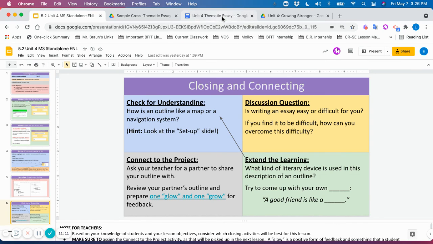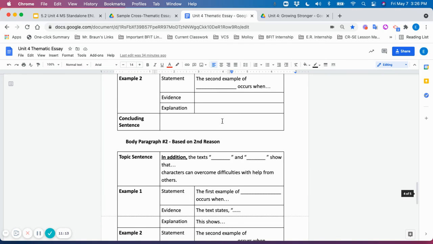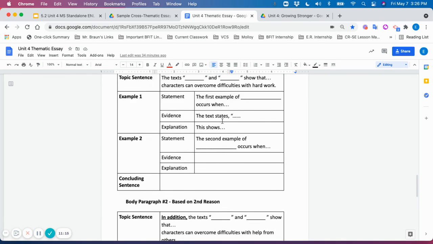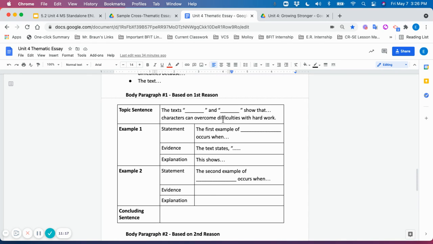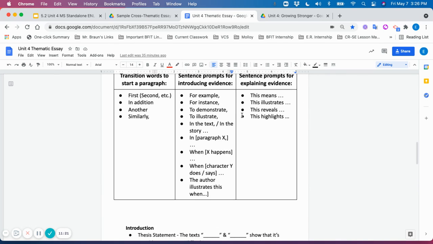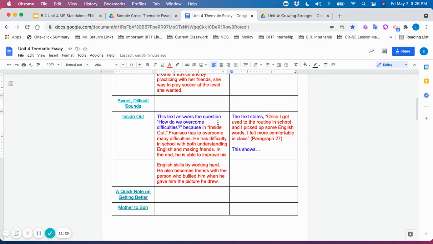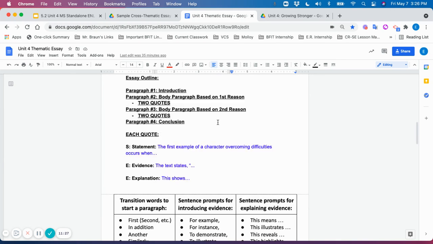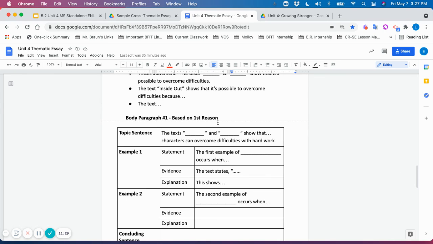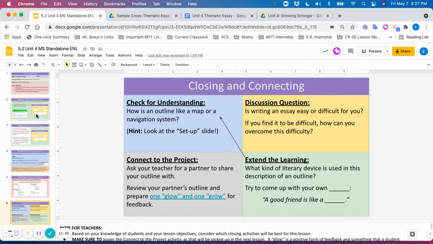I think students will feel very supported by using this format, by the numerous sentence starters that are provided for them, by the easy to follow outline, and also by the ease with which they'll be able to move information from prior days' activities into the following day's activities. So they can see that the work they're doing is going to be relevant in later steps. So at this time, you could